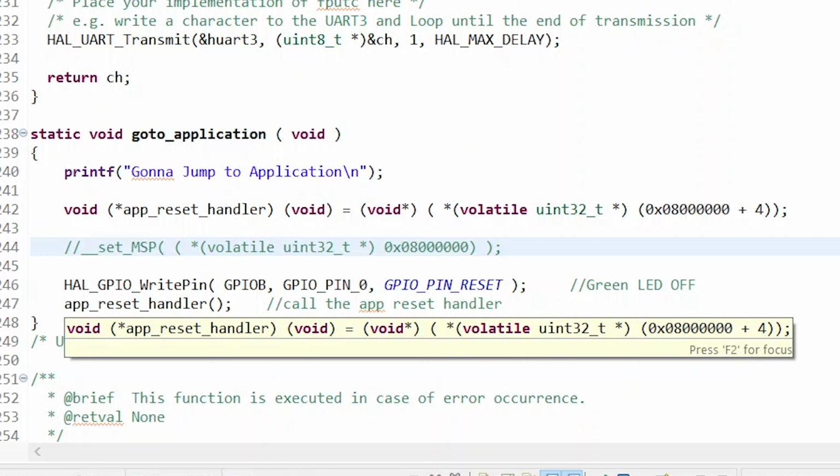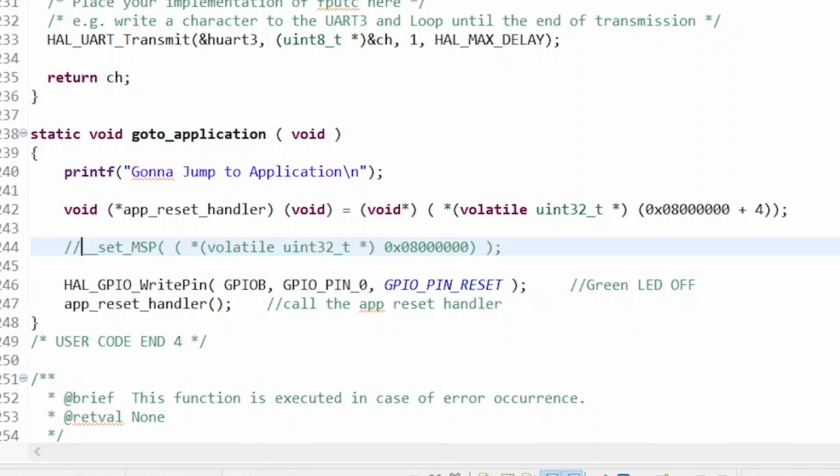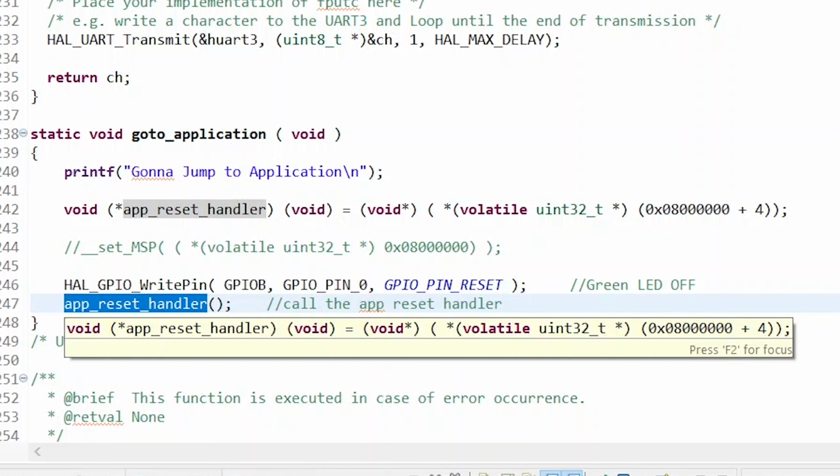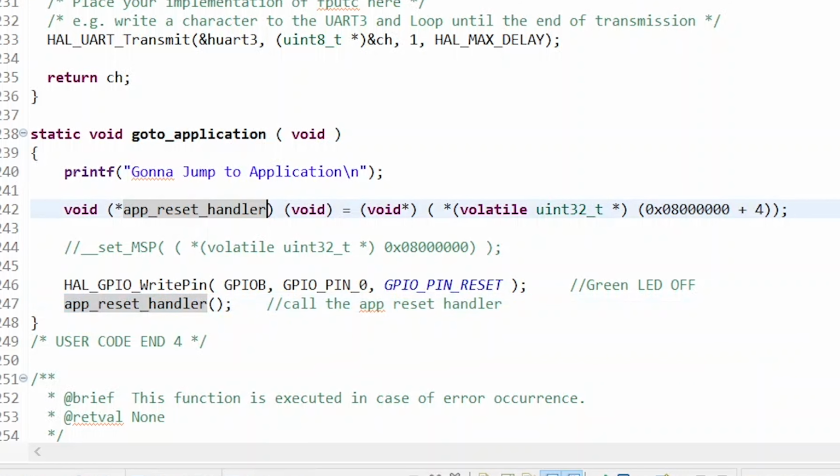The only problem is if you run this, you may get a hard fault. Do you know why? Any guess? Yes, exactly. We are dereferencing this application's memory and assuming that it has the application reset handler address. But actually the application is not present yet. So it may cause that problem. We will create an application and place it in that memory. That will solve that problem.